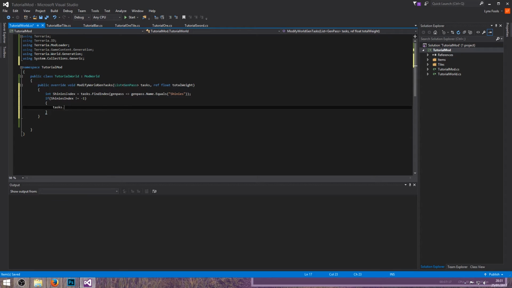do that. tasks.Insert(ShiniesIndex + 1, because we're adding a new index. Type in new PassLegacy("Tutorial Mod Ores", delegate(GenerationProgress